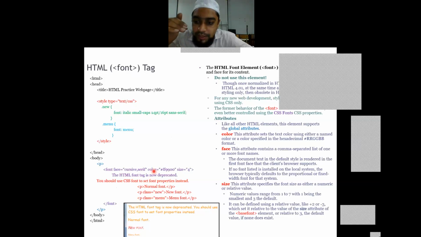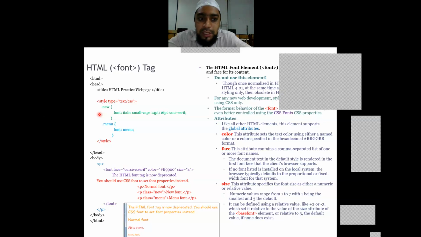within the web page, called internal CSS. We are mentioning it within the web page, but outside the body, in the header tag. So here within the head tag, I have mentioned a title, and then I have mentioned style as a tag, not as an attribute. Style as a tag. And then I'm writing what the style is meant for. The style is meant for text, and it is of CSS type.